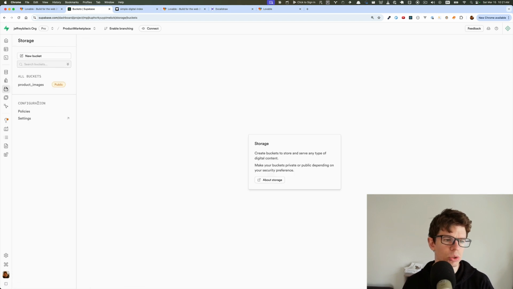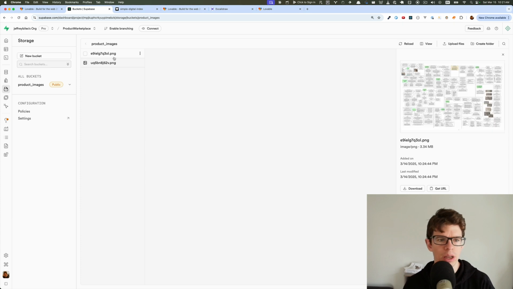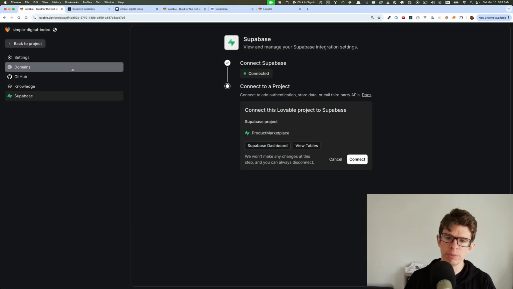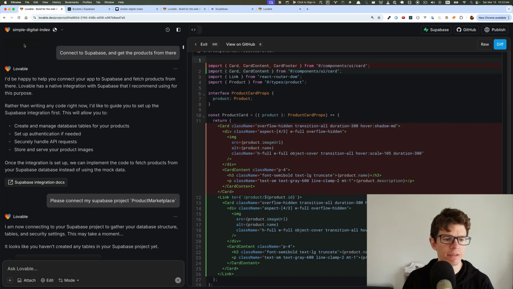So here, in storage, you'll see that we have product images. Anyways, we'll get to this in a second, showing how Lovable does it. But this is the magic of how they do the backend. And this is what makes it more powerful than Claude projects or any of the other front-end only builders. So when you're setting up your own project, you'll need to spend a little bit of time setting up Supabase. And there is a gotcha we'll get to later when we get to authentication, but the first part should be